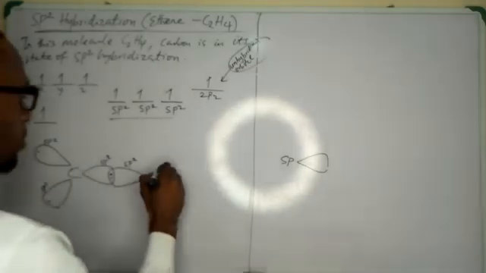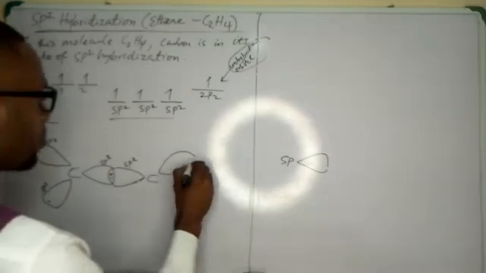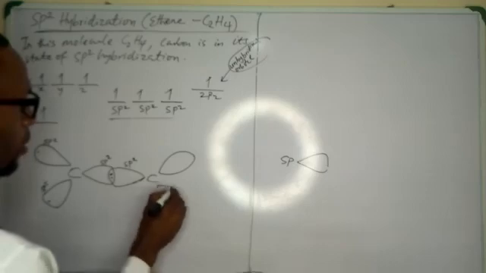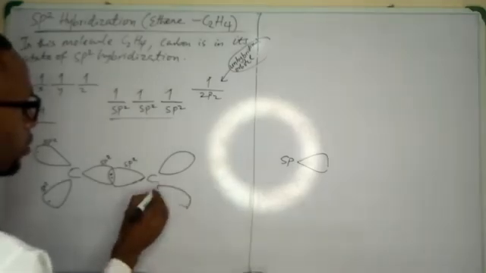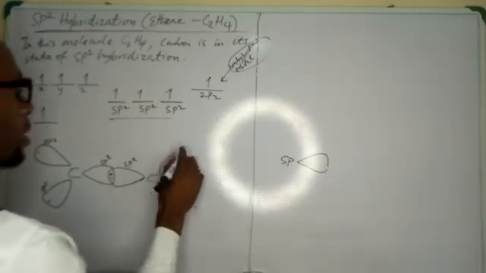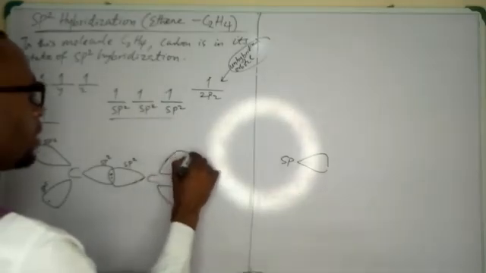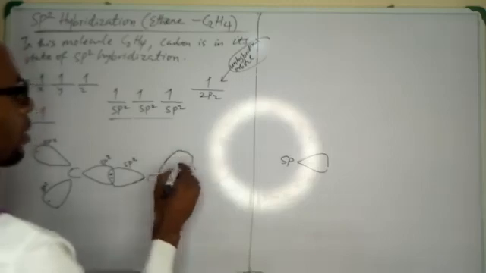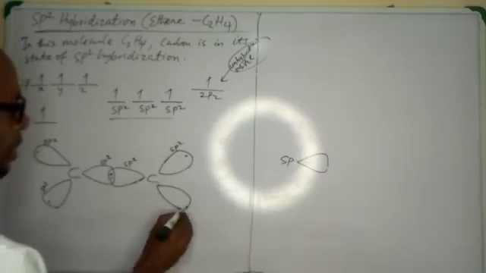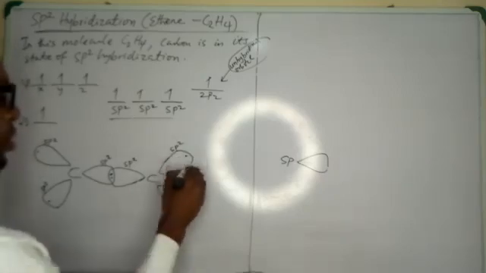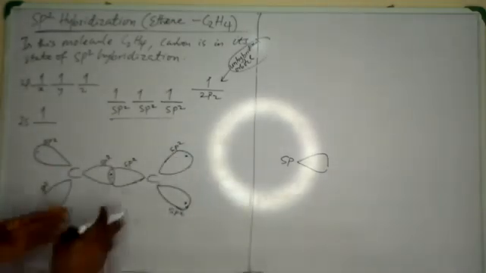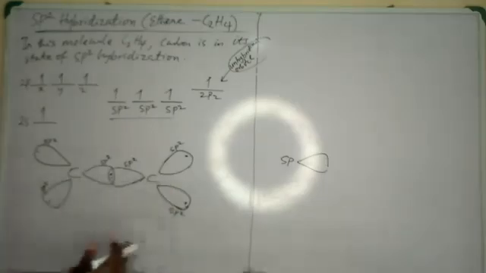So that means we still have to place two sp2 hybrid orbitals. Okay, one in this position, and one in this position. So this is equally an sp2 hybrid orbital, and this is an sp2 hybrid, each containing one electron. Beautiful. So we've been able to depict the sp2 hybrid orbitals of both carbon atoms.